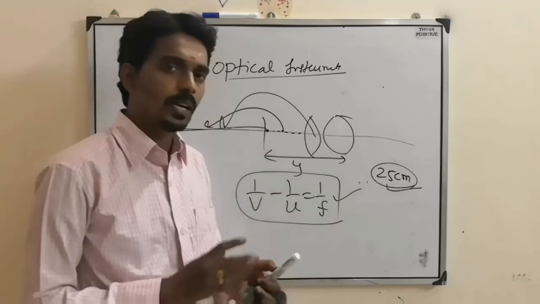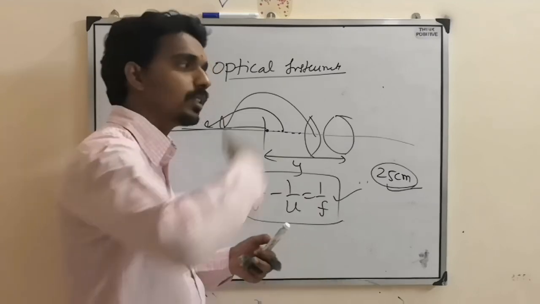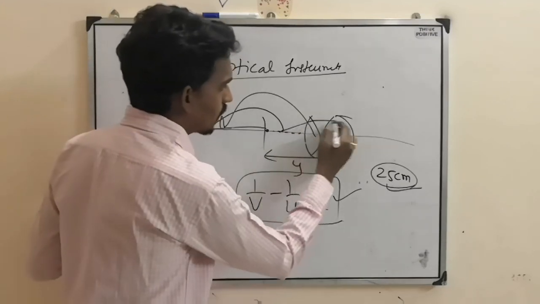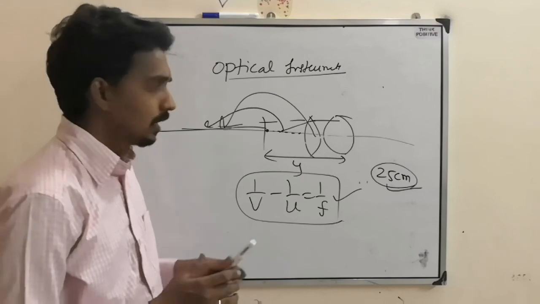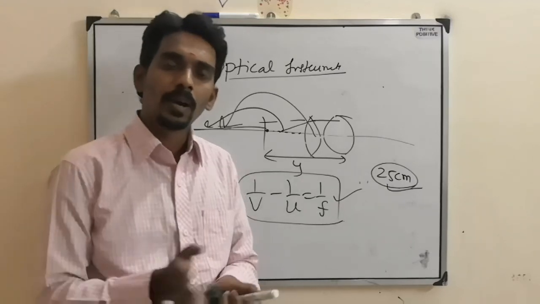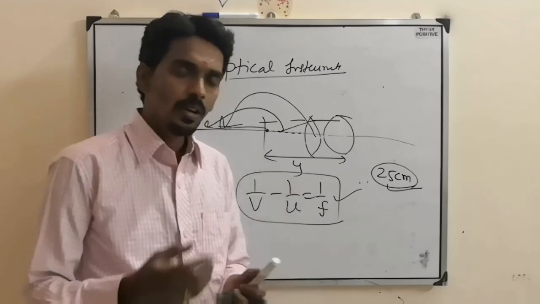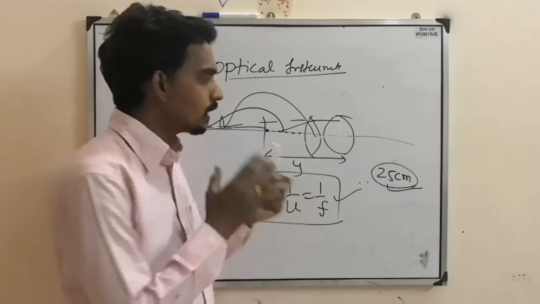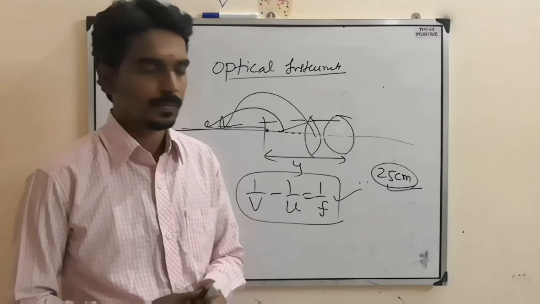But here you have to remember that we will use a convex lens, which will shift the near object to the far object, because here refraction will take place like this. So the object will shift far away. Like that, there are two types of defects, myopia and hypermetropia. Based on that also, I will try to solve at least 2-3 questions, so that you will understand what kind of questions they will give and how to approach those questions.